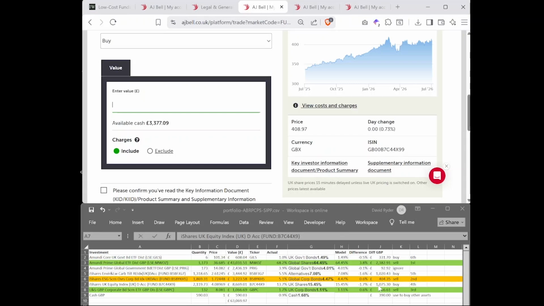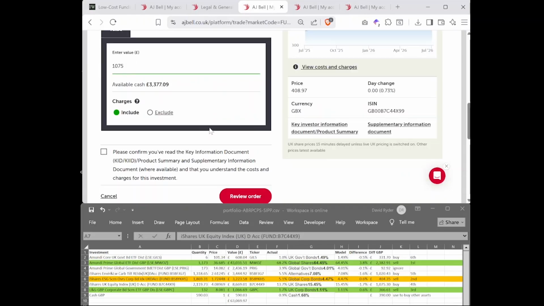Task number 4, £1,075 worth. 1075. And I want to include the charges. I always include the charges. It just makes life easier. Now,